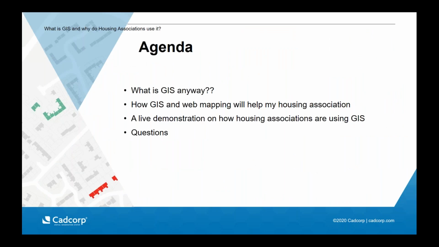So to start the webinar today, the agenda: we're going to start with what is GIS anyway. So I'm going to start at the beginning and tell you what GIS is for those of you who aren't familiar. And then we're going to look at how GIS and web mapping can help your housing association. So we're going to go through a few different examples of how this type of technology can be of benefit